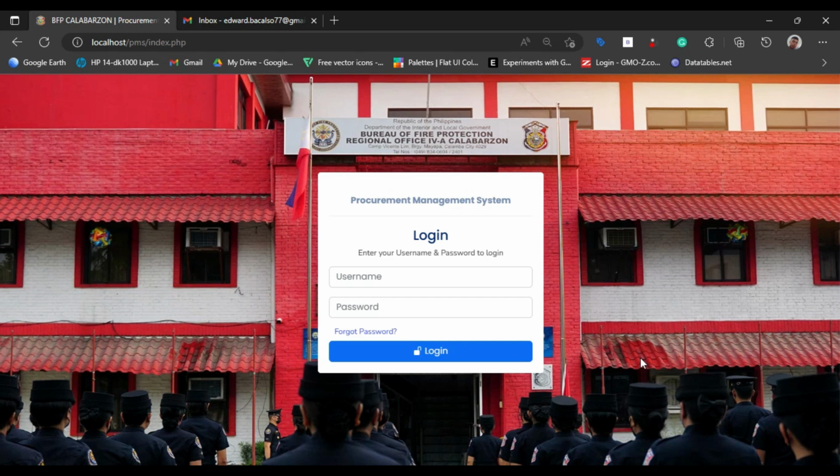This is our system. As you can see, this is the login page. The end user that is responsible in procurement can access this system. The credentials that the user uses are given by the back end in order to protect the data in the system and prevent unwanted access. If somehow you forgot your password, you can change it here by clicking the Forgot Password button